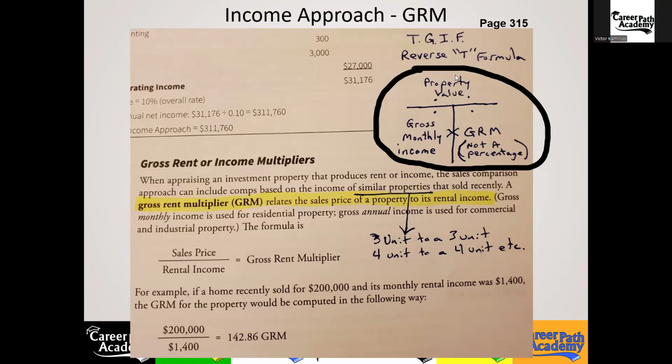And here's the reverse T formula. The reverse T formula only works for the gross rent multiplier. It's not like the cap rate, which uses the T formula that could be used for calculating your commission rates and a lot of other stuff. In addition, that reverse T formula is pretty good. Let me know when you've got all this written down.